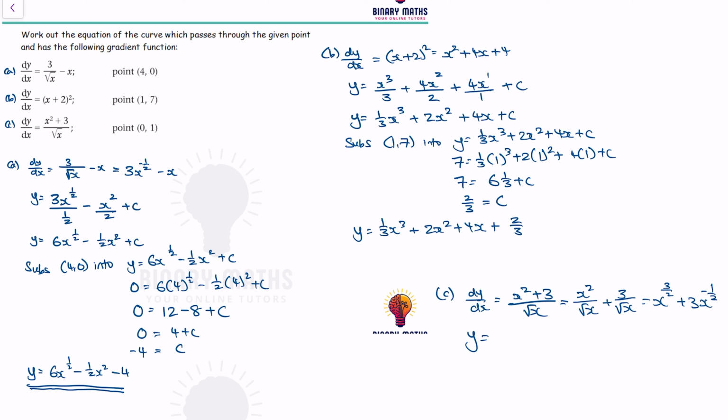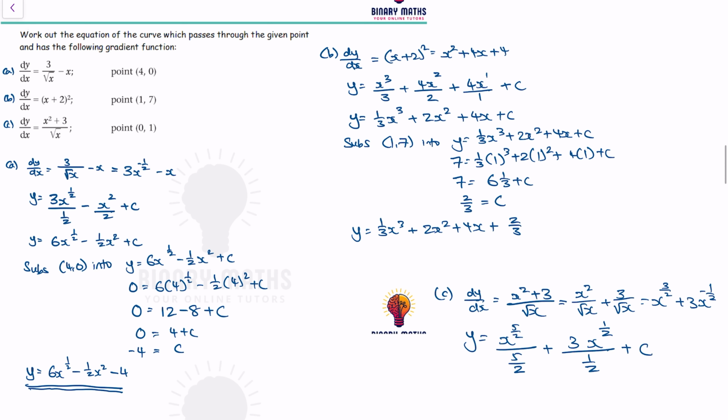So when we're finding y, we need to increase the power, x to the power of 5 over 2 divided by that increase, plus 3x to the power of increase the power by 1/2, divide by that increase, plus c, which means y is equal to 2 over 5 x to the power of 5 over 2 plus 6x to the power of a half plus c. I need to substitute the point that we know, so 0, 1, into y is equal